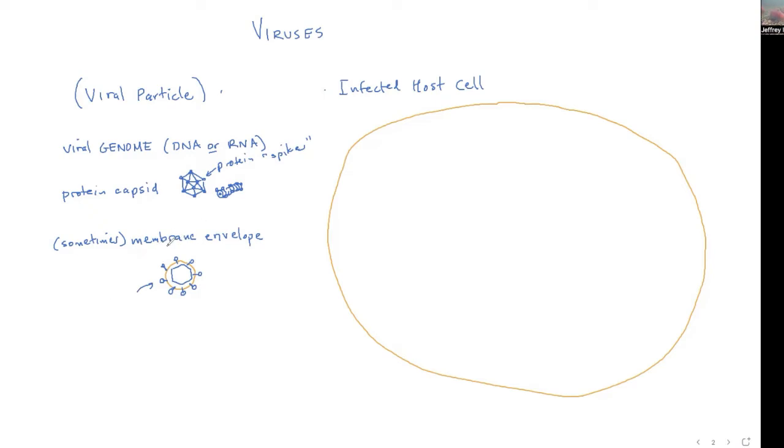Okay, because sometimes a virus is going to have a membrane, a phospholipid bilayer envelope, which is a little piece of membrane that it's taking from the infected host cell. Right? And so the general picture here is that this viral particle comes in either as an envelope virus, or a naked virus, one that doesn't have an envelope. And what we eventually get inside is either the viral genome